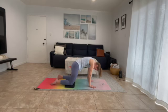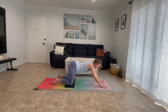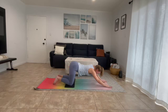On your next inhale, pause and center. Gaze in between your thumbs. Begin to crawl the hands farther out away from you as you begin to lower the chest down towards the ground. Maybe you stop halfway. Maybe your chest comes all the way down. Maybe you can get your chin to your mat as you gaze forward. And slowly use the strength of your core, pick the belly back up,